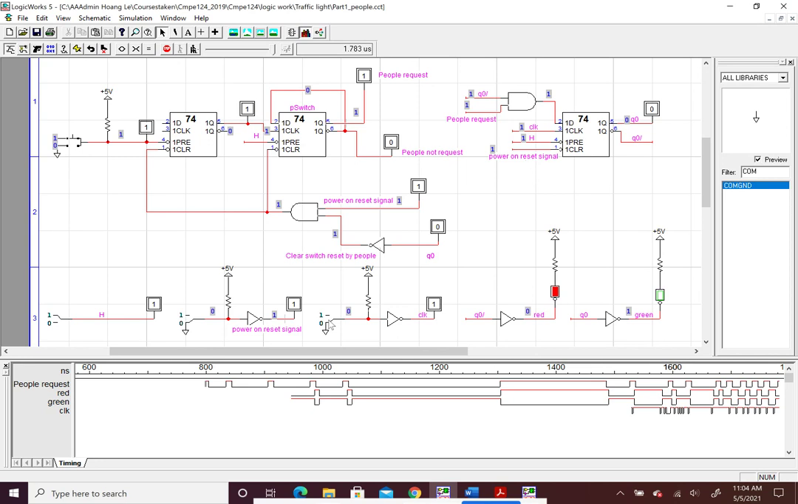So when I hit it and go through 2 steps, 1, 2, right now the red light turned to green, and we have